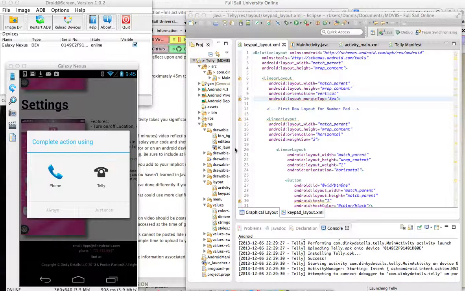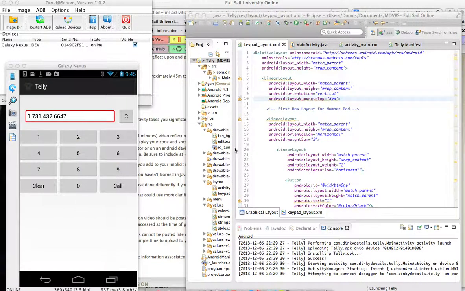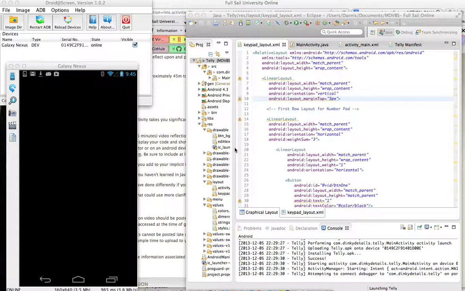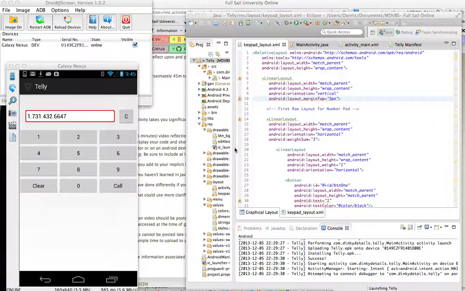If I choose this, it will take that number that I clicked and put it into the text view, and I can actually dial out on that number. Again, it's not showing this because this isn't an active phone. It's just an Android device with no service, so I can't actually call out. But it would call out if it worked.